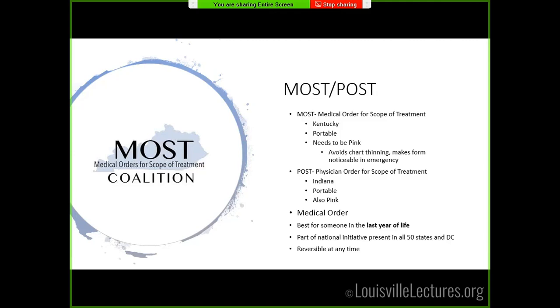It has to be signed by a physician to make sure that it is, again, an order of medical treatment. And I know that Dr. Furman has done a lot of work to make this available here in the state, but the MOST POST initiative is a national initiative. So every state has some version of this wherever you may go and practice. And here in Kentucky, I know that we've talked about potentially APPs or other folks being able to, at some point, help complete these documents, but that's something that is in development. So for right now, it really does need to be a physician.